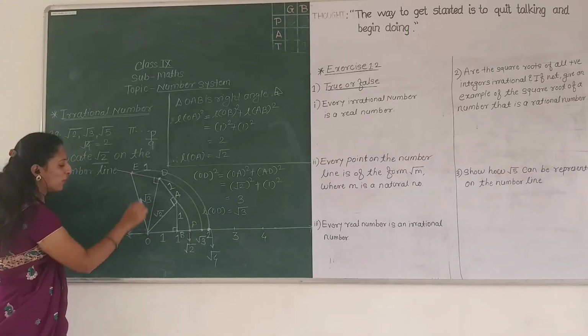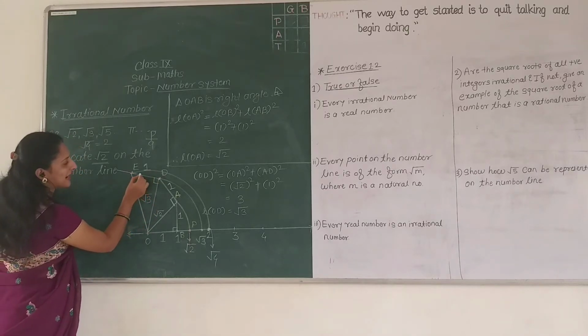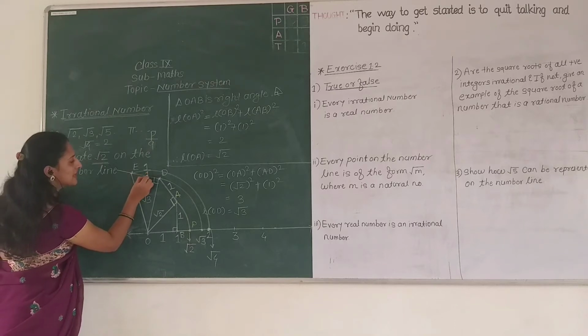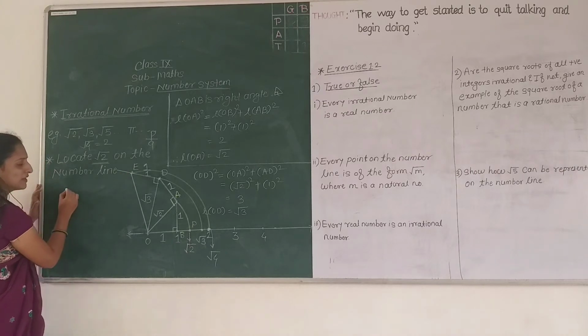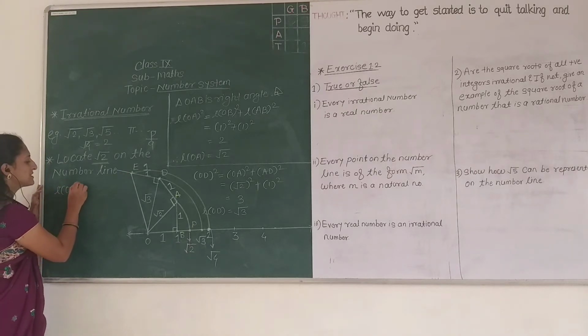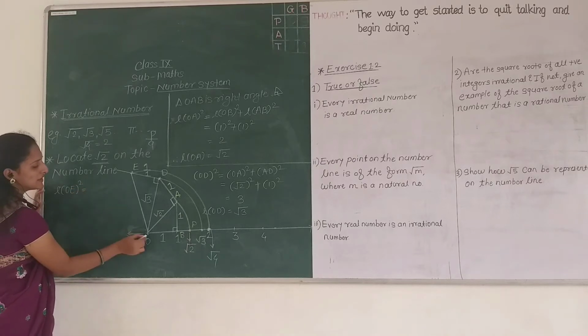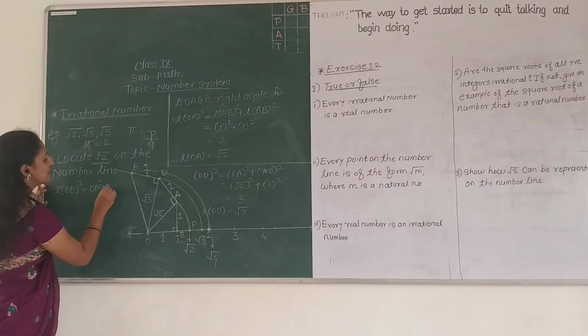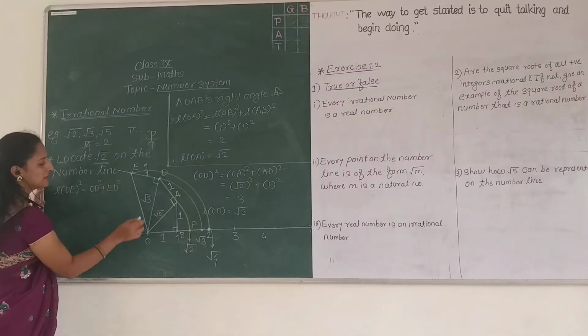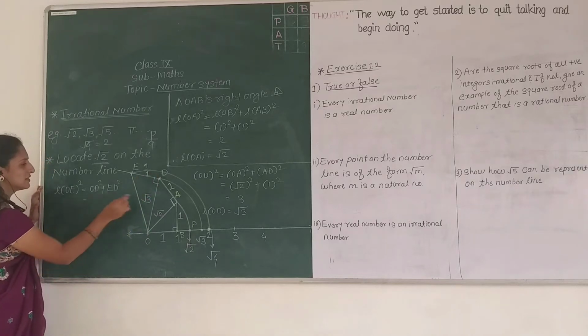ODE. Now triangle OED is a right angle triangle. This length is 1, this length is root 3. So OE is the hypotenuse. So the length of OE square is equal to the length of OD square plus the length of ED square. Now OD square is square root of